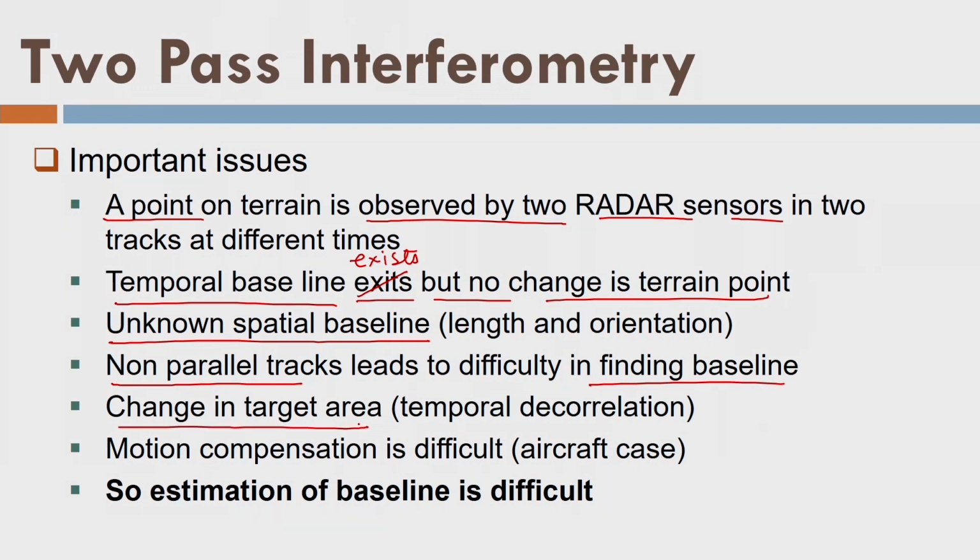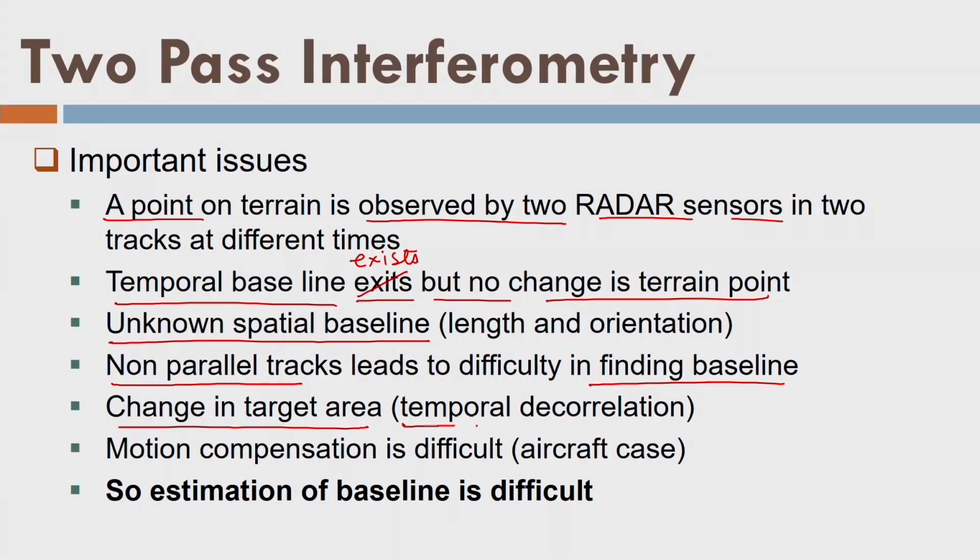We have assumed that there is no change in the target area. Suppose there is a change. For example, we are trying to study the glacier, and glacier is melting. What will happen if there is a big rock mass on the glacier surface and glacier is moving? The point that is rock mass will also move. We assume that there is no change in the position of the point, and that is a wrong assumption. In this case, we have to consider the temporal decorrelation.